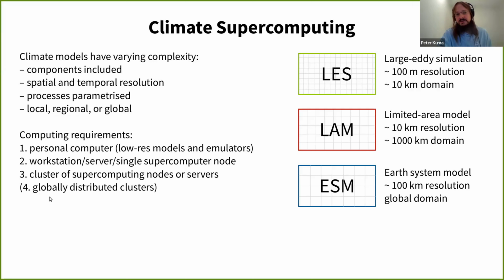But then as we get to global models and high resolutions, we really need supercomputers. So we need sometimes tens of nodes on a supercomputer, sometimes even hundreds, to run a climate model. In a time frame that we want, which is usually that we want to be able to simulate several days of the climate system within a day of computations or that sort of range, to make it feasible to calculate, let's say, 100 years into the future.